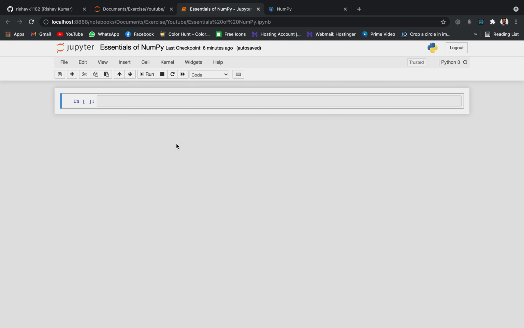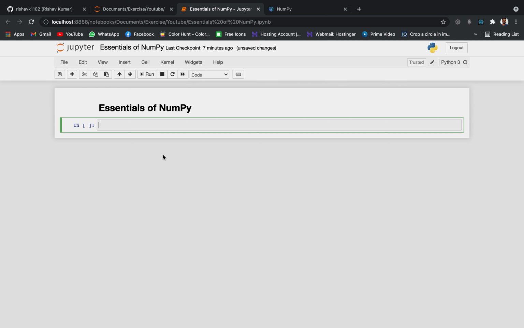First I'm gonna add a title so it becomes clear. So for that I'm gonna create a markdown cell, and then I'll simply write the name inside an h1 tag. And then I'll close it. And then to run a cell, we click Shift plus Enter. Okay, so now this is done.